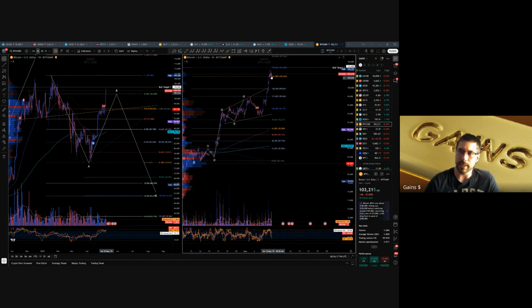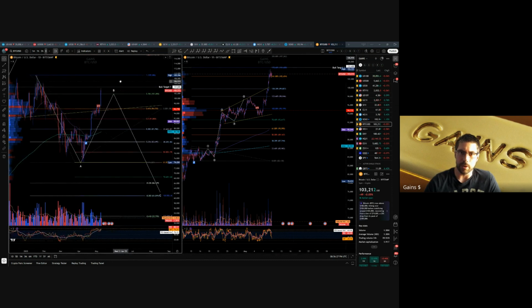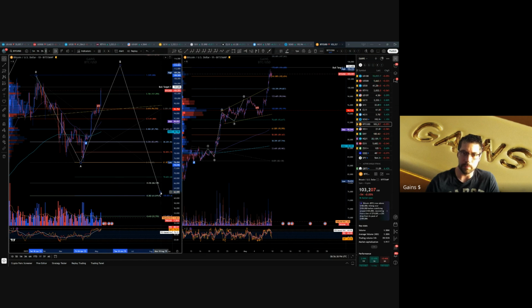But you do see a lot of consolidation up here. You'll probably see this level hit, like the 104, what is this, like 104,700? But anything higher than that is going to be a bit of a struggle. Let's say, for example, it does make a new high. Then, in my opinion, that would be an irregular sort of move.